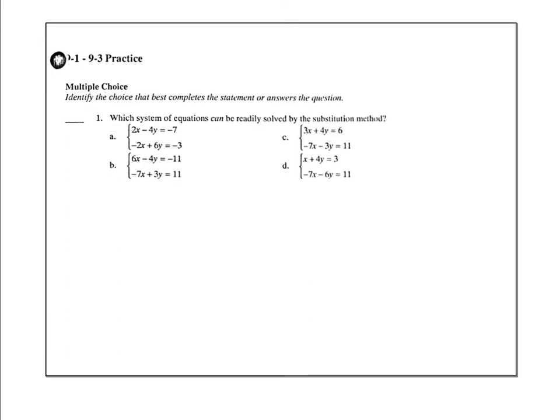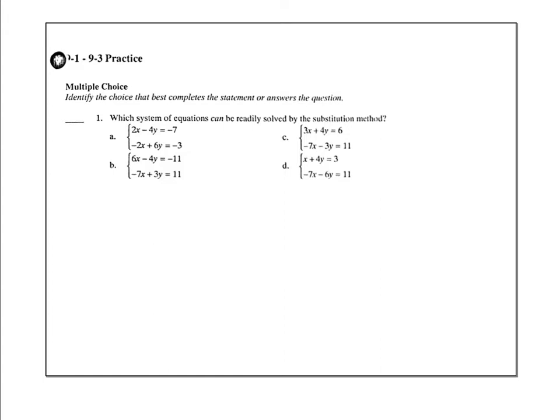This is the review for your 9193 quiz. Our first question says, which system of equations can be readily solved by the substitution method? Remember, any equation can be solved by substitution, but you generally want to pick an equation that's easily set up to be solved by substitution, which means we're looking for a variable that's either completely by itself or as close